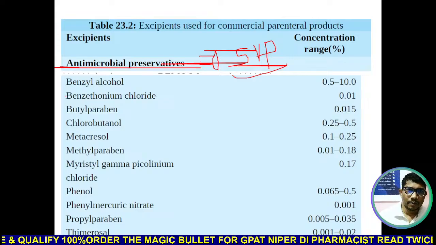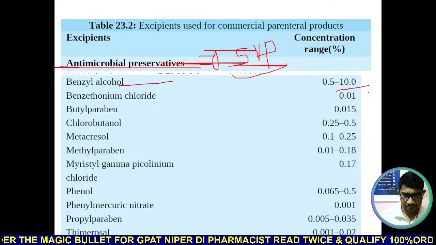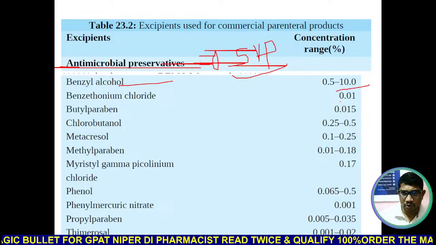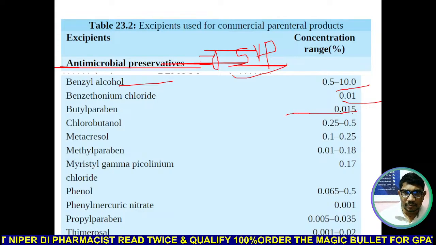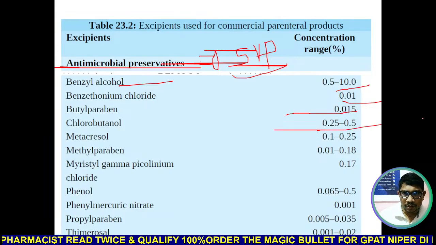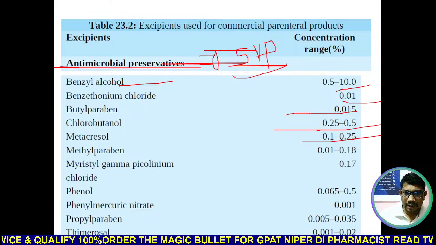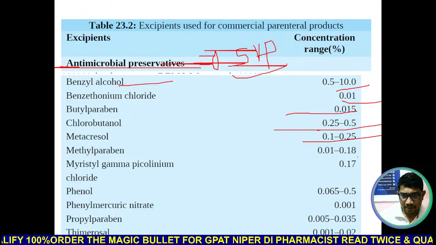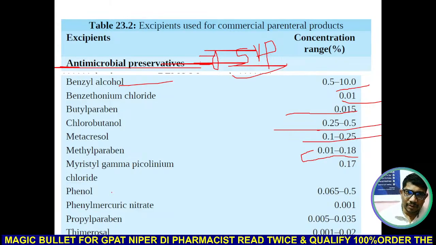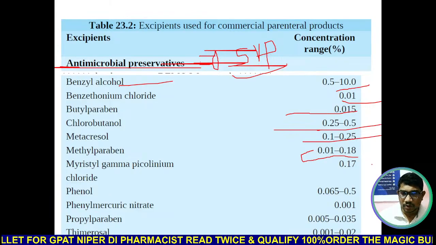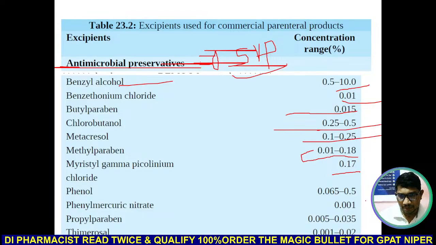तो यहाँ पे देखो बेंजील अल्कोहल, benzyl alcohol in a concentration of 0.5 to 10%, benzethonium chloride 0.01%, then butyl paraben 0.015%, chlorobutanol 0.25 to 0.5%, and metacresol 0.1 to 0.25%, methyl paraben again 0.01 to 0.018। इसके ऊपर क्वेश्चन भी आ चुका है ऑलरेडी, कॉन्सेंट्रेशन है ना, मिथाइल पैराबेन, प्रोपाइल पैराबेन है ना, मारिस्टिल, गामा, पिकोलिनिक एसिड और पिकोलिनियम 0.17% है ना। फिनॉल इज आल्सो यूज्ड एज अ प्रिजर्वेटिव और एंटीमाइक्रोबियल इन पेरेंटल,